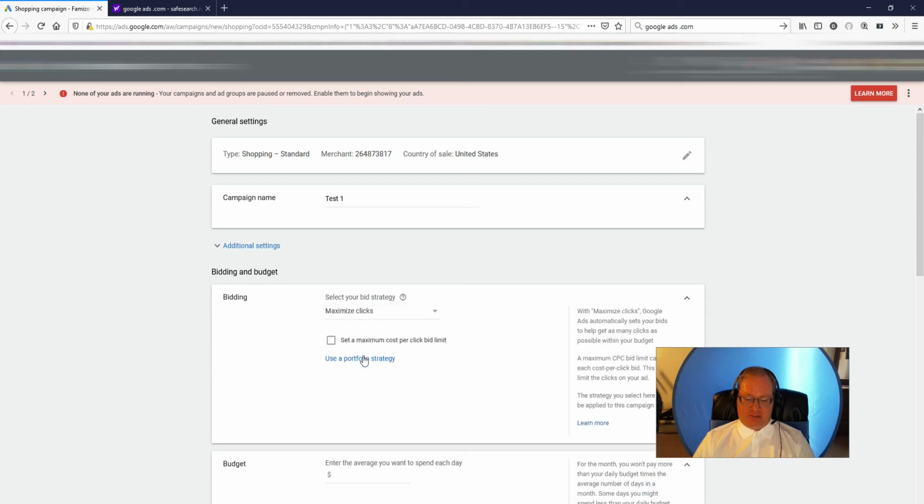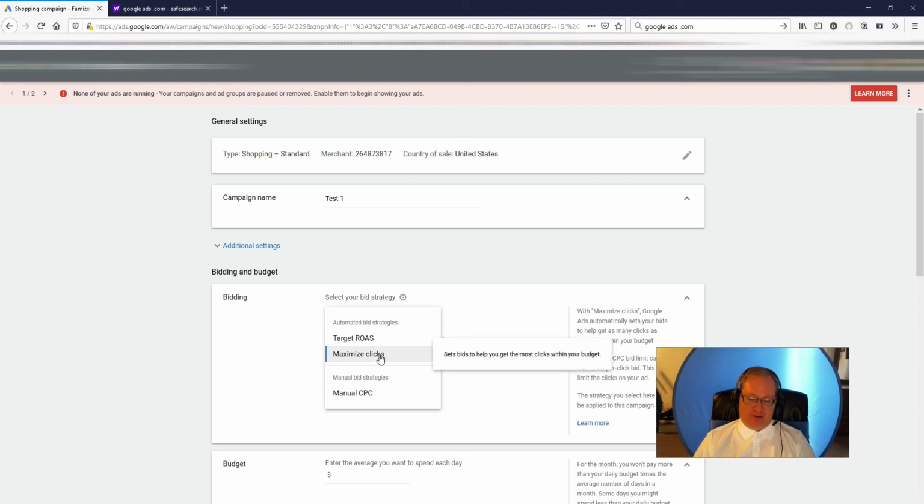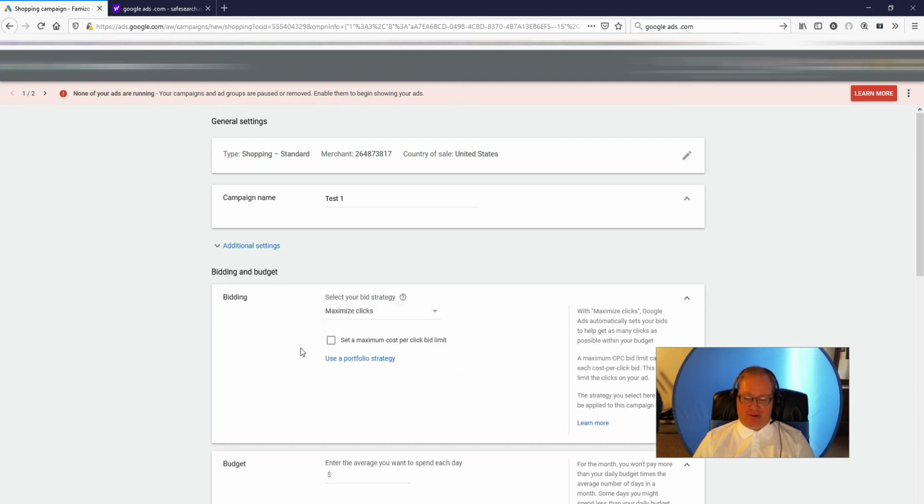So I just hit maximize clicks here. And the reason being, manual CPC is nice, but you just want traffic initially. You want data so you can have something to act on and see what you need to do. Then there's the cost per bid limit. Generally I don't do this at the start. If you leave this empty, Google will just go in and start out high. So your first day may look like $3 to $5 per click, hopefully,